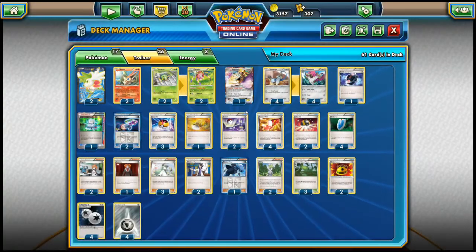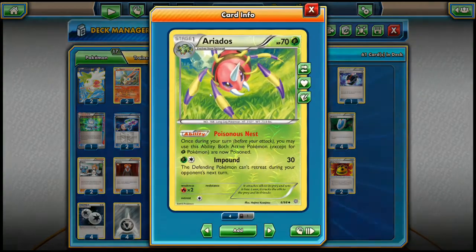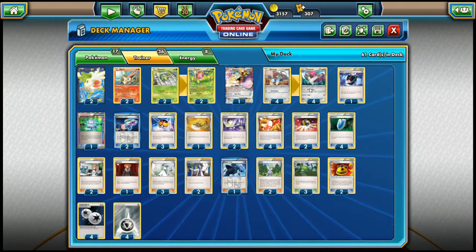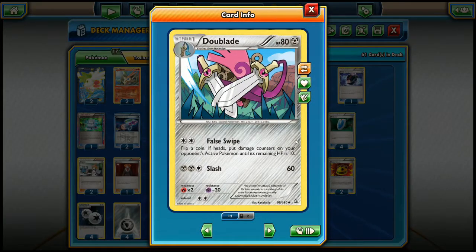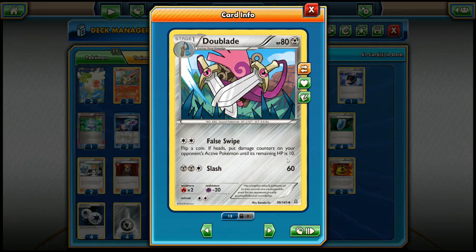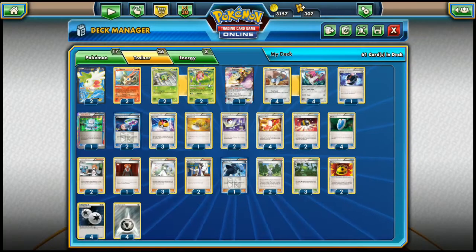So 1 copy of the Aegislash, and then we run a 2-2 line of Spinarak Ariados with the Poisonous Nest ability, which allows us to poison both active Pokemon. And that is going to help us out a ton, because this Poisonous Nest ability combined with False Swipe means we can one-hit KO our opponent's defending Pokemon. We do a False Swipe, we flip heads, that's what we count on, while we have poisoned him, and that means we put damage counters on it, and then the last 10 damage is taken care of by the poison